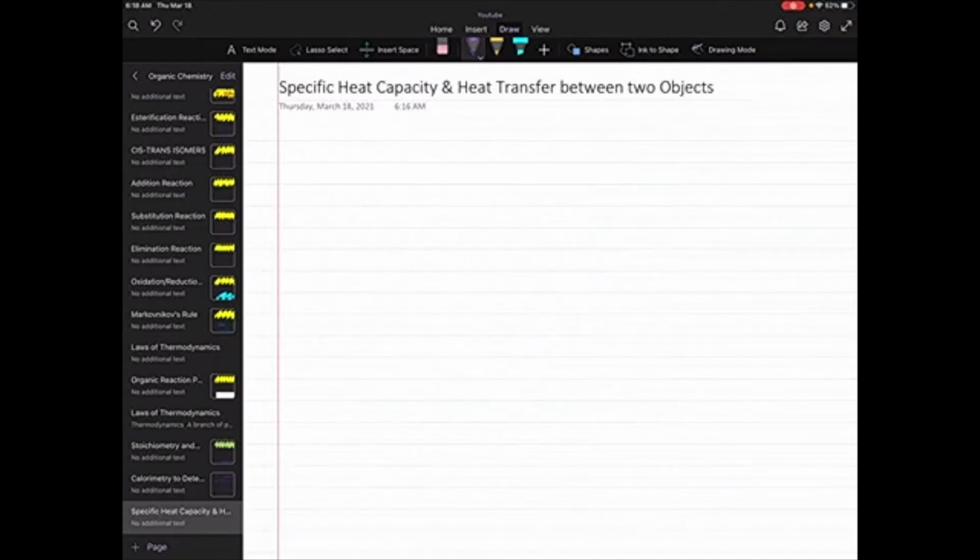So the question I have, and I'll write down the question with you and explain it as we go along. The question is: a 235 gram lead ball, for which the specific heat capacity they have given us is 0.13 joules per gram degree Celsius. That means it takes 0.13 joules of energy to change the temperature by 1 degree Celsius for 1 gram of lead. And this is at a temperature of